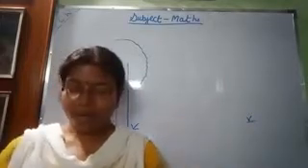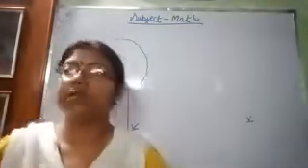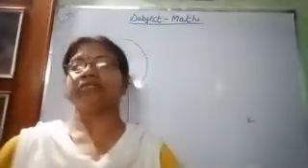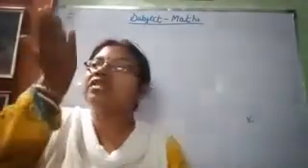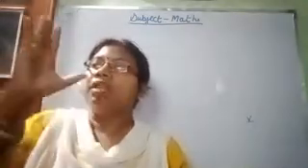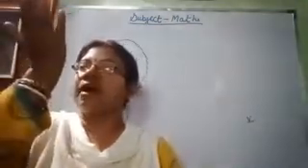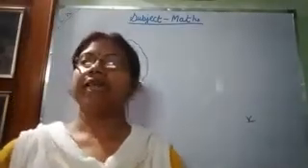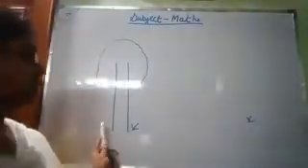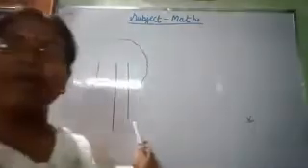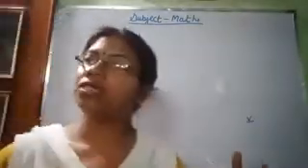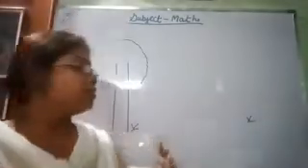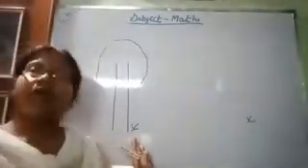Understand? When we compare two things on the basis of their weight, we will see heavy or light. Light always goes up and heavy always goes down. Likewise, this is far or near. When we compare two things on the basis of their distances, then it is called far or near.